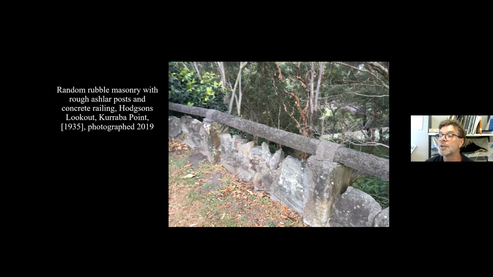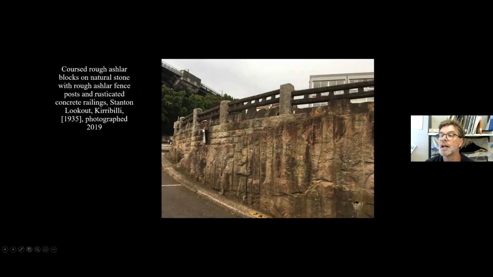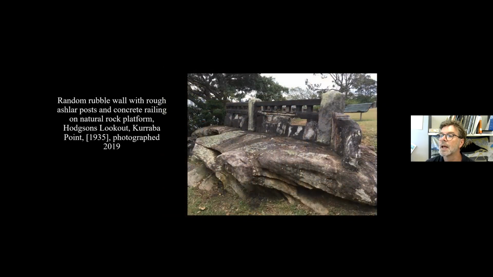You'll see it up in the Blue Mountains too. This is a good example at Stanton Lookout. There's concrete there. This is cut stone, and you can see the drill marks there. That clearly was a huge piece of natural outcrop which was just cut away to create Jeffrey Street, possibly and probably during the building of the bridge. And there's an example at Carrabba Point. Stone, not as finely dressed, concrete with big chunks of stone on a natural outcrop there.